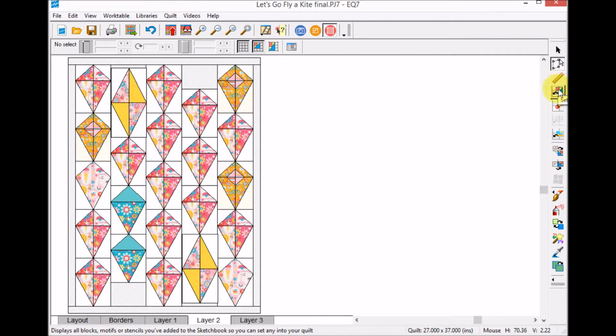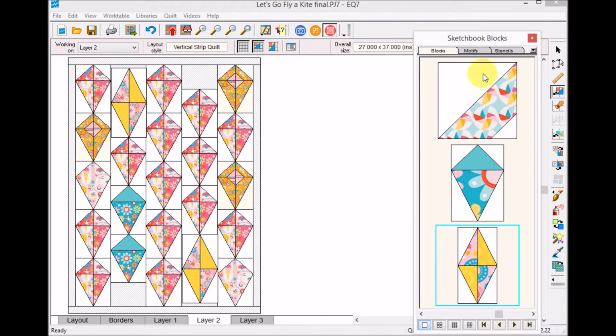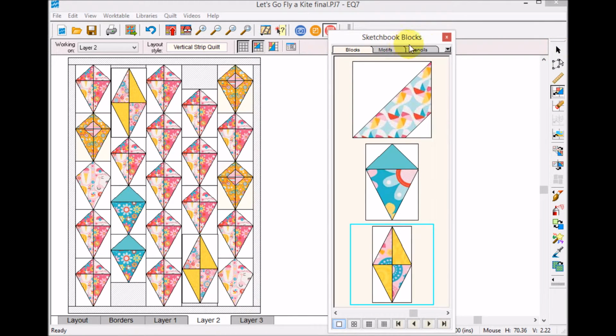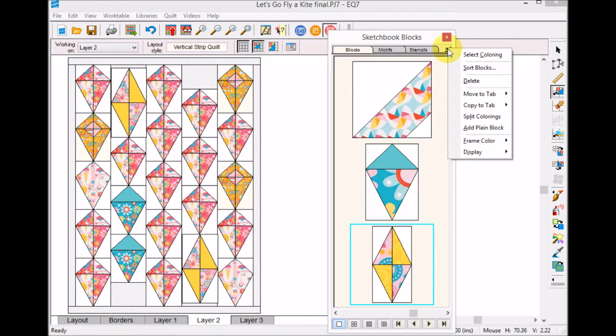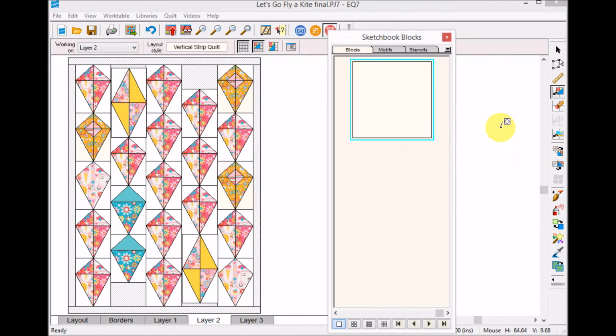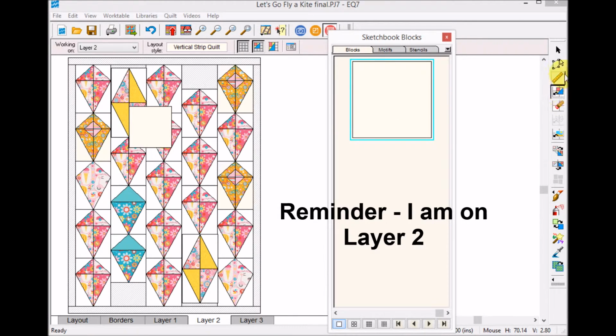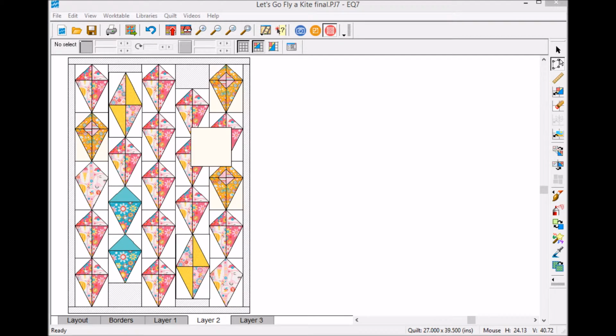And to add a plain block, I can go to the Set Block tool, and when the sketchbook blocks opens, there's a little flyout box in the right corner there. Click on that and click on Add Plain Block. Now what I can do is drag that on my quilt surface, and now we're going to measure the spaces for our setting rectangles. So I'm going to zoom in,